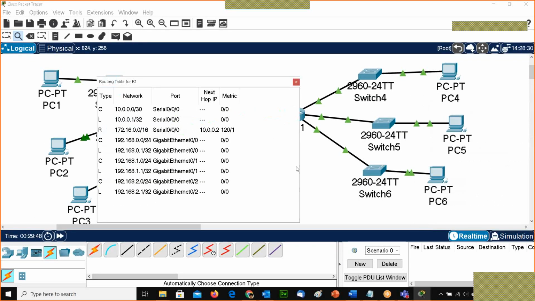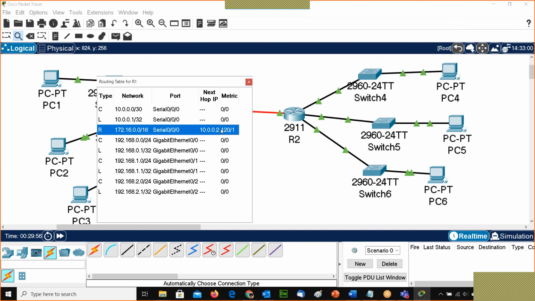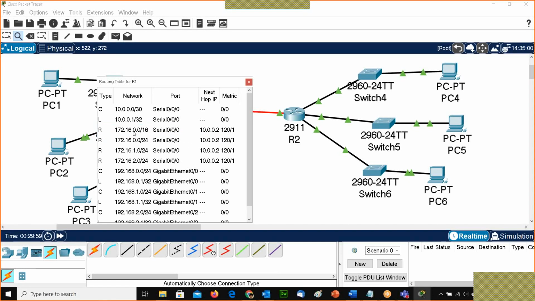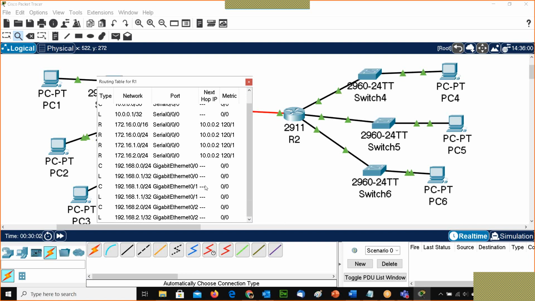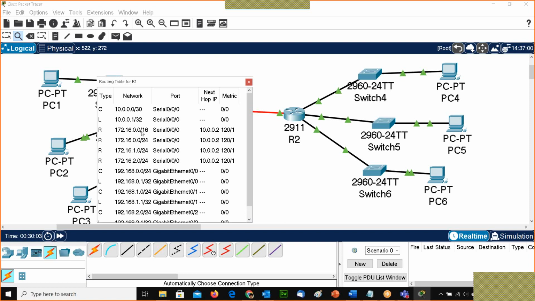Now you see the entire network 172.16.0.0. This network is now known to me, but this is the classful network.